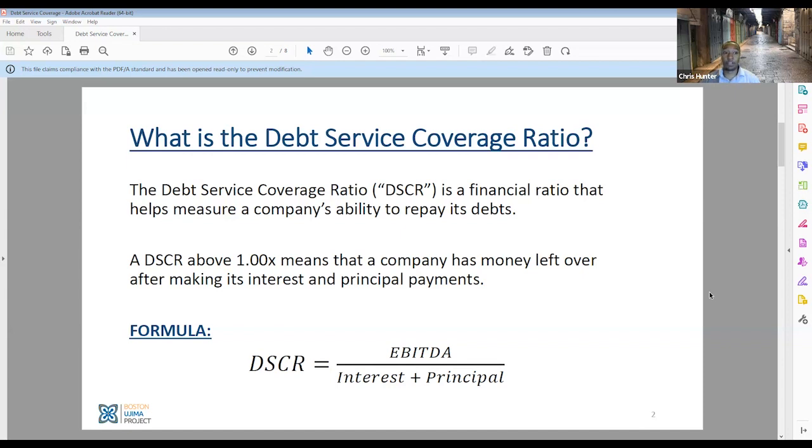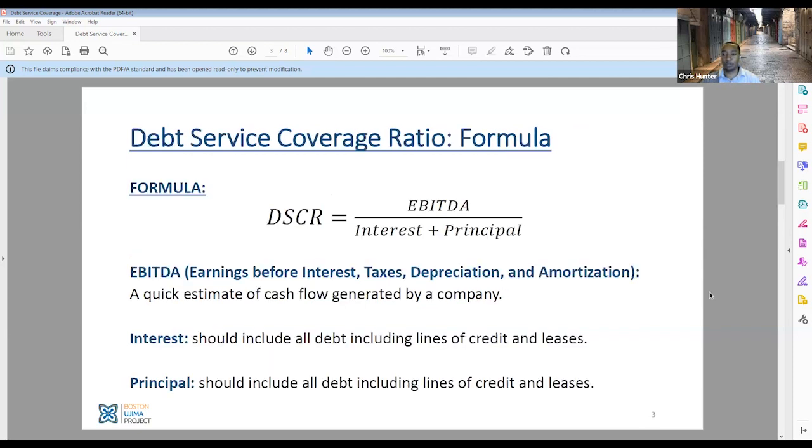Generally speaking, if that ratio is higher than 1, it means that there's money left over after making principal and interest payments. The basic formula for that is EBITDA, earnings before interest, taxes, depreciation, and amortization, divided by interest and principal, or just total debt payments. So if we unpack that a little bit,